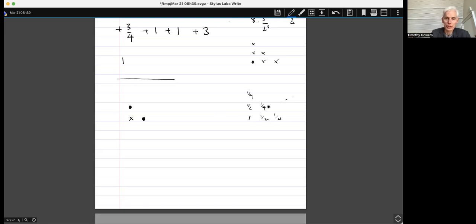So each time I replace a chip by 2 chips in the unoccupied squares just above it and just to the right of it, I'll replace this quarter by 2 lots of an eighth, so the sum doesn't change. So that absolutely is an invariant. If I start with all these 6 things occupied, then the value taken is 1 plus 1 plus 3/4, so that's 2 3/4. And if I could show that the sum of all the rest was less than 2 3/4, then I'd be in very good shape,